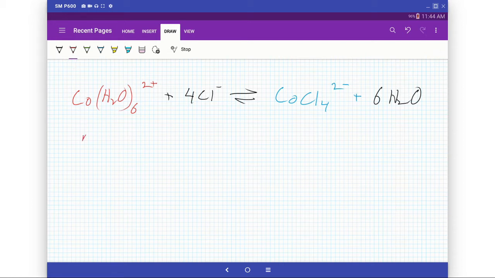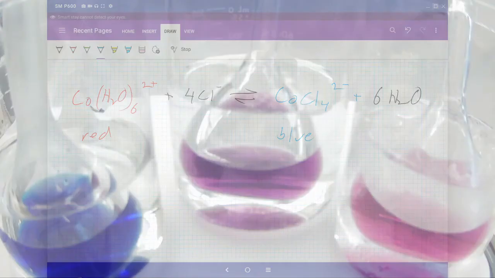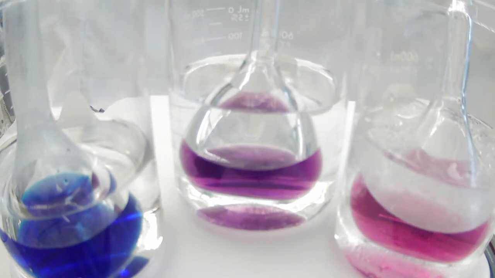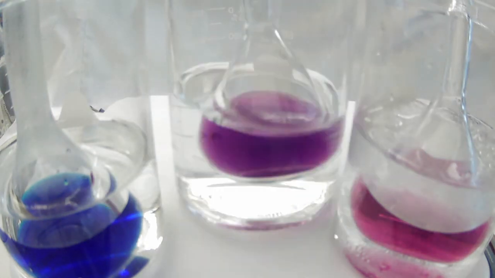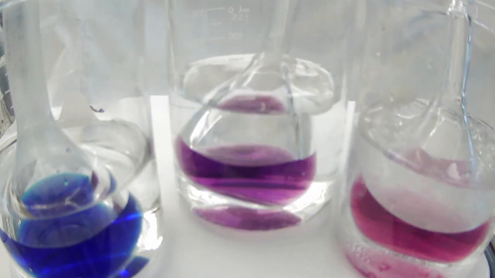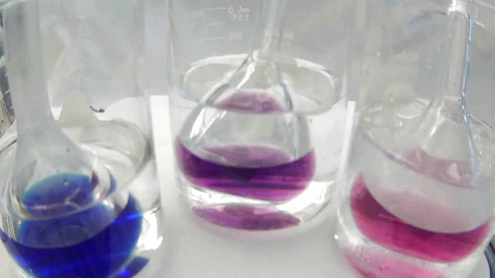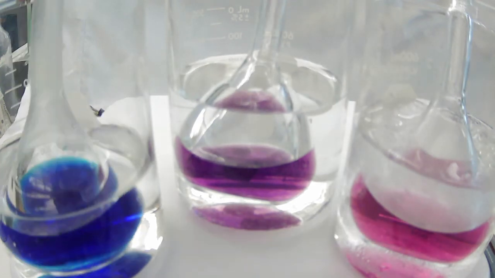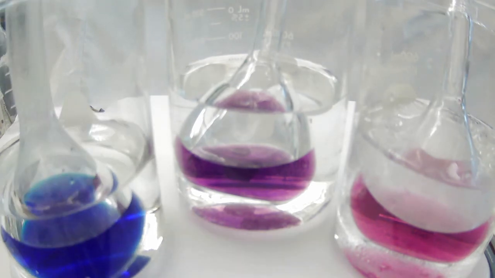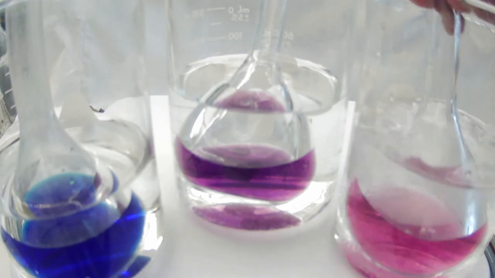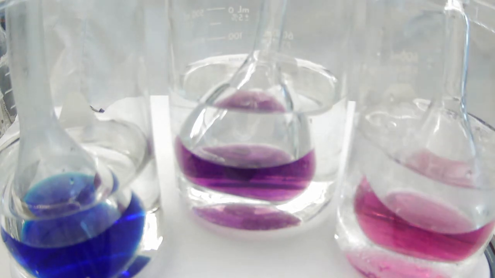Okay, if we now go back and look at the reaction, what we have quite obviously is that the room temperature one, water, hasn't changed. It's purple, which, if you realize, red and blue mixed together give you purple. This is a mixture of the two complexes. But in hot water, we have a very, very distinctive blue color. And in ice water, it is turning more and more reddish pink in color. So there we have the